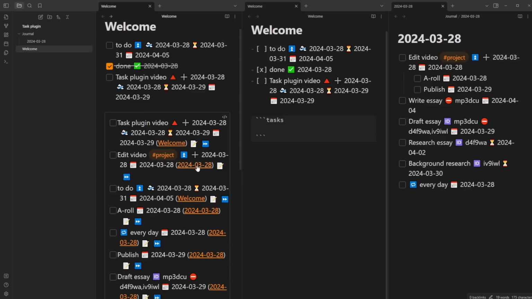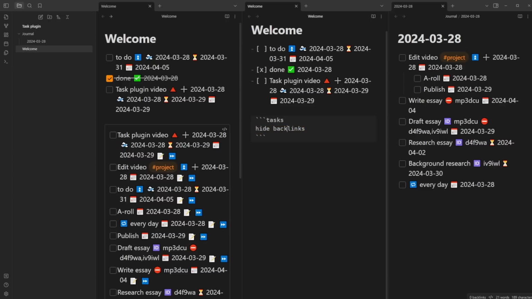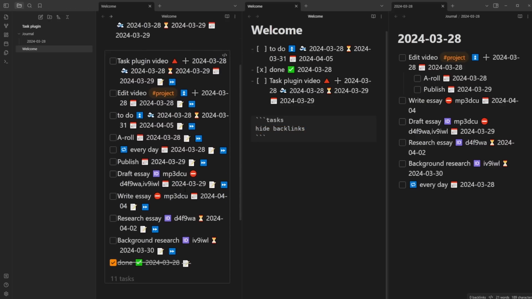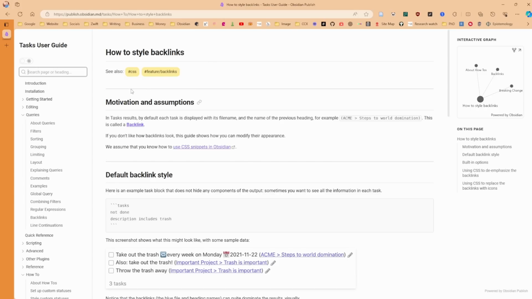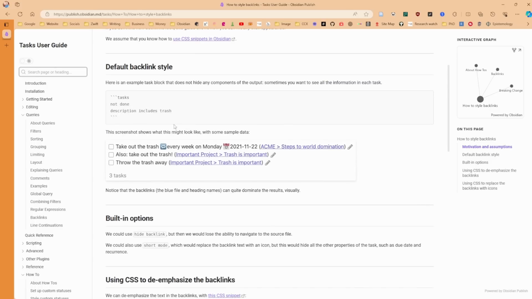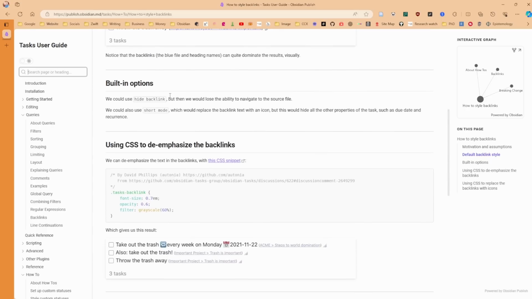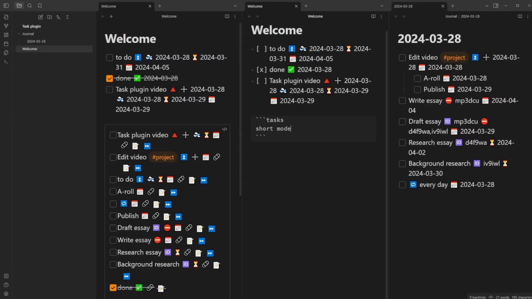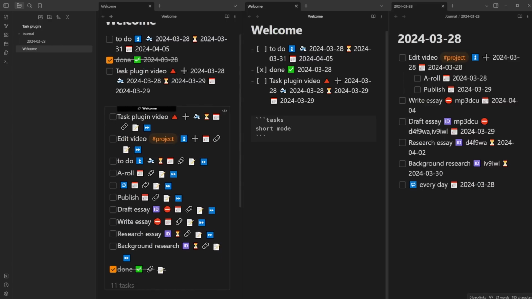Or if you don't want to jump through the backlink, you can hide the backlinks in the task, which may look cleaner. Alternatively, you can actually change the CSS or the way the backlinks look. You can see this is the normal backlinks. That's the file, and maybe it's under a heading, and it'll show you the heading. And the built-in option there is the hide backlink. The short mode is another option. So when you type in short mode, you can see it's only showing the icons. There's the welcome task, and then you've got none of the main information, but this has got the priority, it's got a created, start, scheduled, due, and there's the backlink,